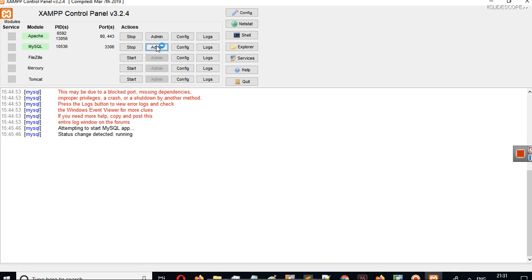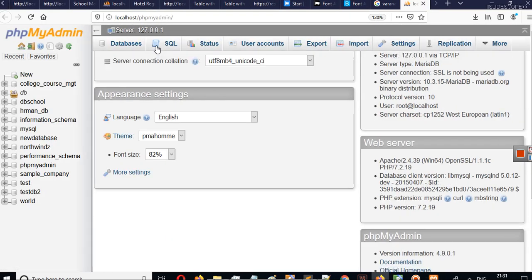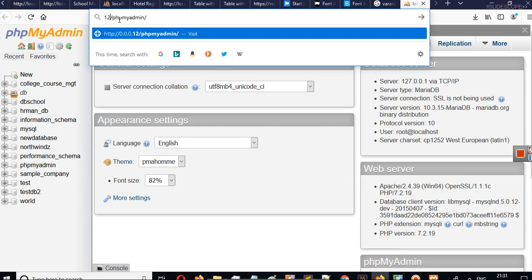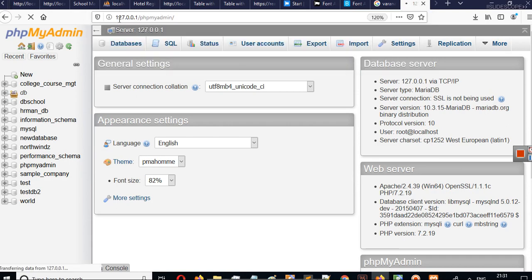Wait for some time. In your default browser, localhost phpMyAdmin will open. Instead of localhost, we can also write 127.0.0.1, and this will also open the same URL.